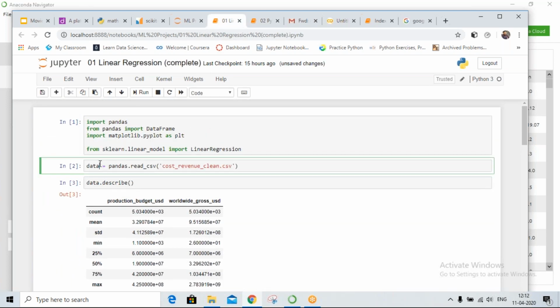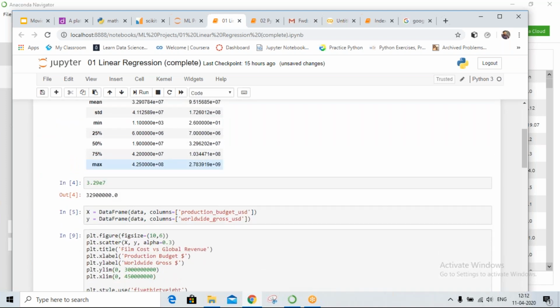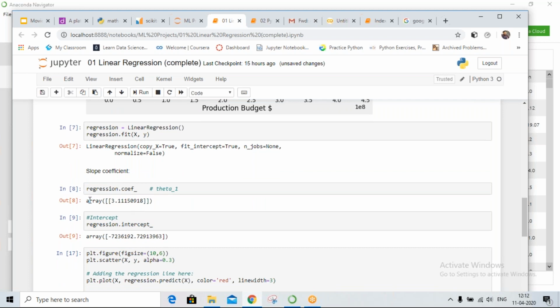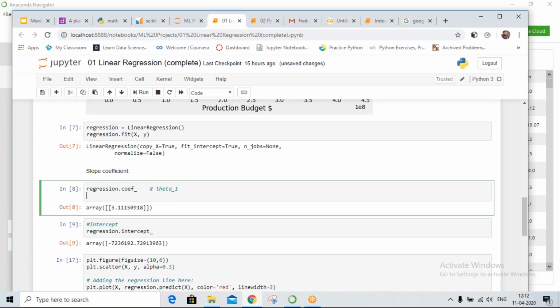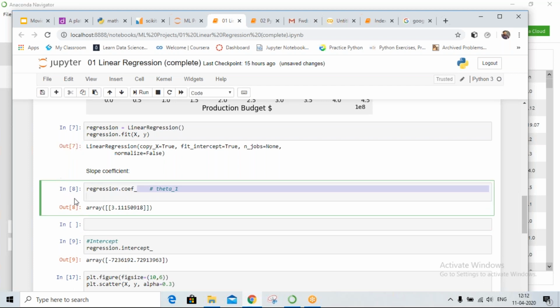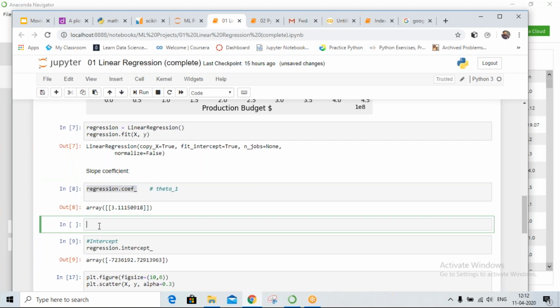Now this is also a variable. Data is also a type of variable. What type of variable is it? We'll look into that. Now let's see if we have seen array before. Yes, we have seen array. So this is the array that we have. Now I only want to access the value, I don't want the array option to be there. Let's see what I can do about that. Okay, so regression dot coefficient, and if I type 0,